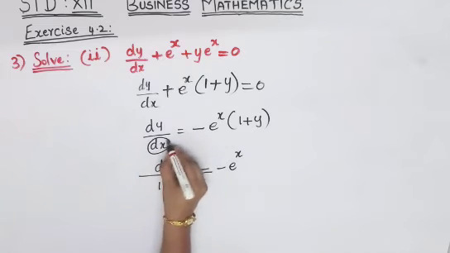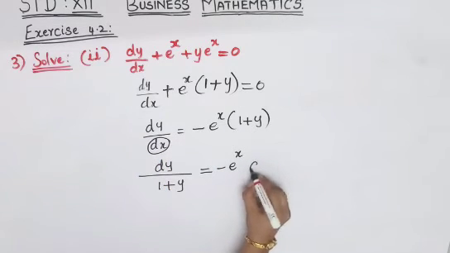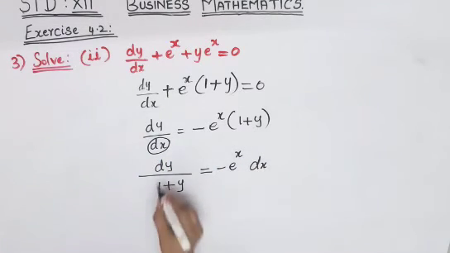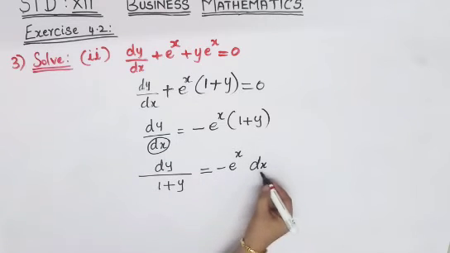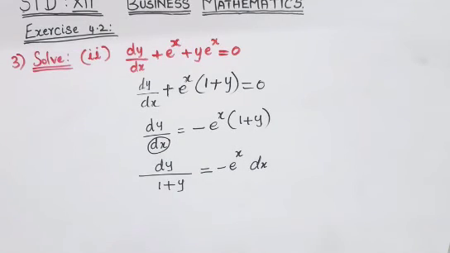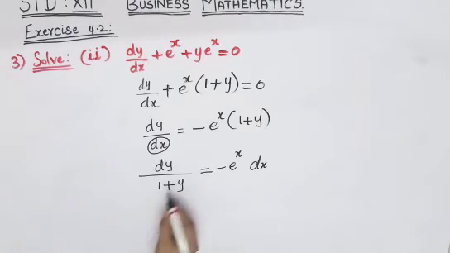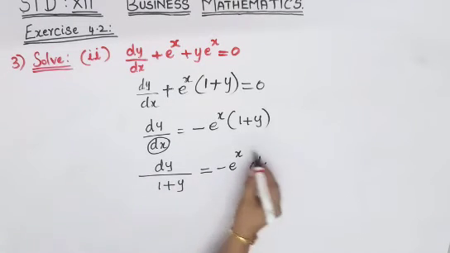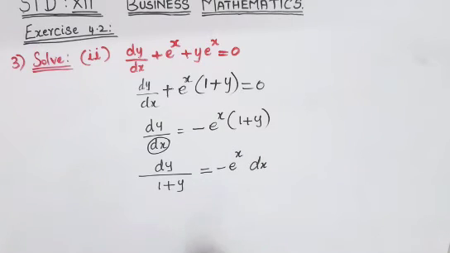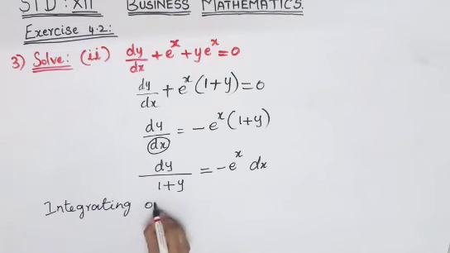This dx you will have to take to that side. So it will come to the numerator, because on this side it is in the denominator. If you take it out to that side of the equal to sign, it will come to the numerator. Now we have separated the y terms fully towards one side and the x terms towards the other side. Okay, now you can go for integration. So integrating on both sides.